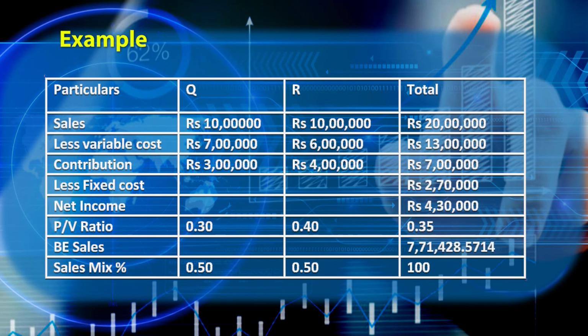Since Q and R are giving more contribution, now we are having sales of 10 lakhs each for Q and R. The variable cost is 7 and 6 lakhs for Q and R, so the contribution for Q and R is 3 lakhs and 4 lakhs respectively, making total contribution equal to 7 lakhs. From total contribution, fixed cost of rupees 2,70,000 is deducted to get a net income of rupees 4,30,000. The PV ratio is 0.30, 0.40 and 0.35 for Q, R and the total. Break-even sales are